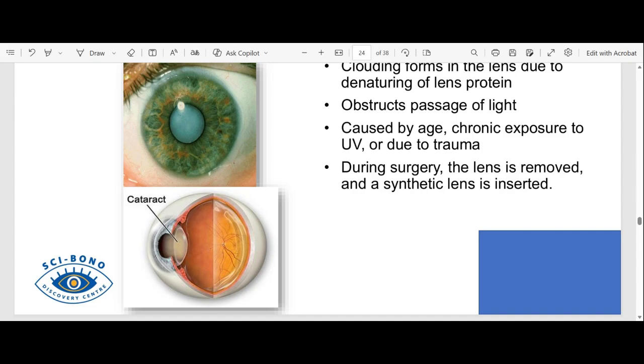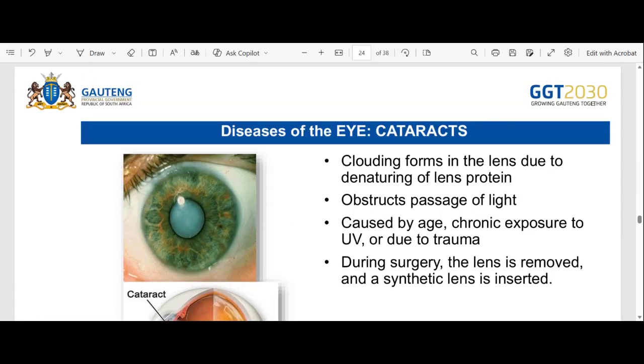Okay, then lastly, how can we fix cataracts? What's the treatment for cataracts? So the lens can be removed, right? The lens can be removed and a synthetic lens can be inserted. So we can treat it with a synthetic lens,